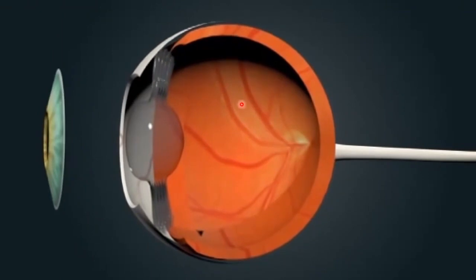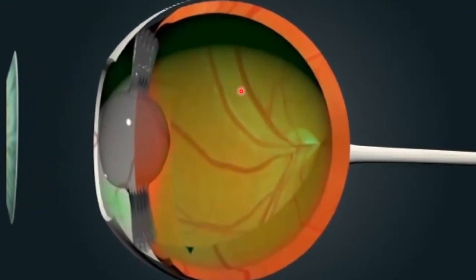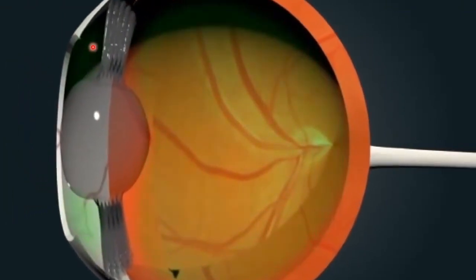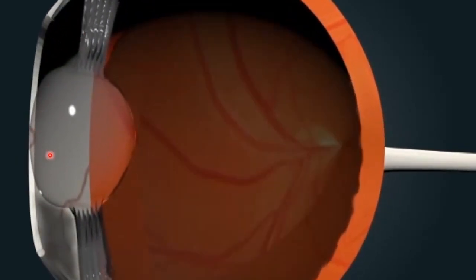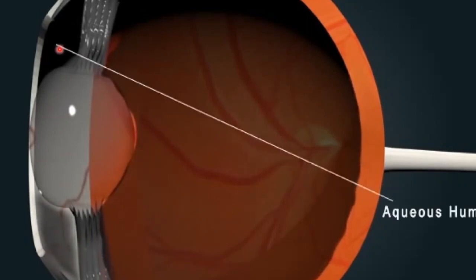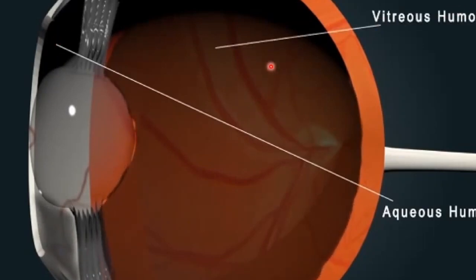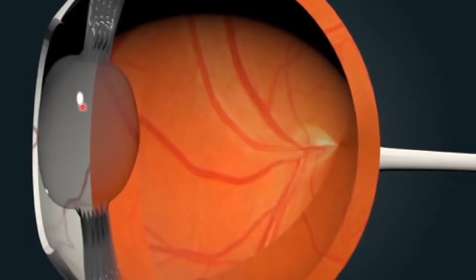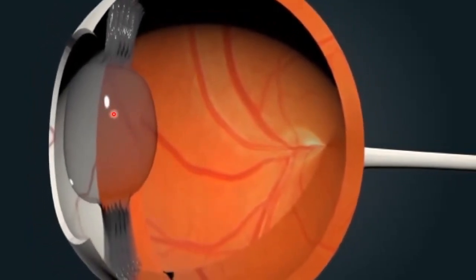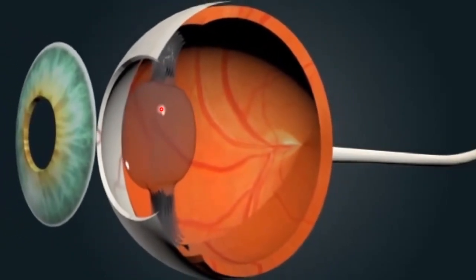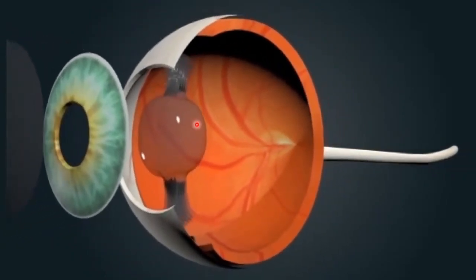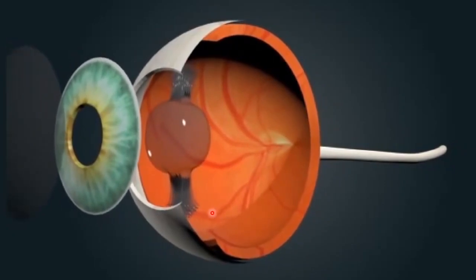Here is the vitreous region, or vitreous humor, and this part, which is not actually black but transparent, is the aqueous humor. This part is aqueous humor here and here, and this part is vitreous humor. I have already told the working. These are the ciliary muscles which hold the lens. This is the lens. These ciliary muscles can change the shape or focal length of the lens.